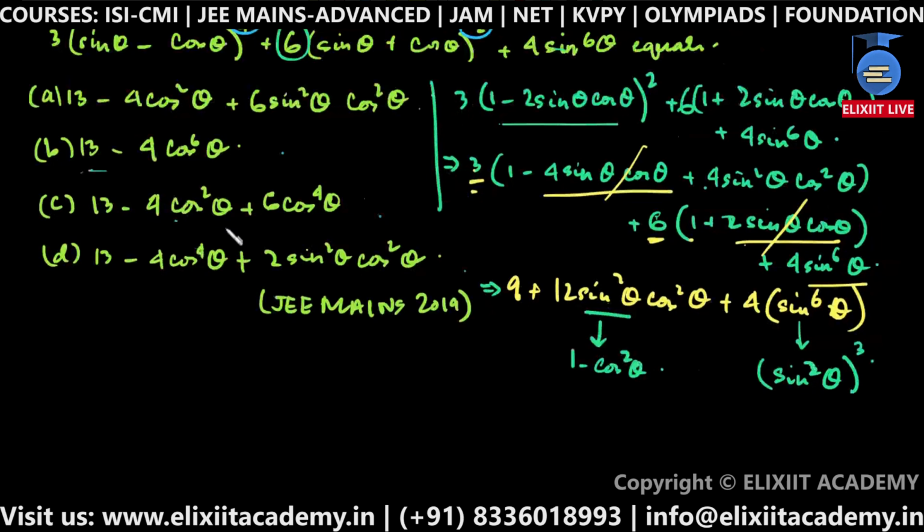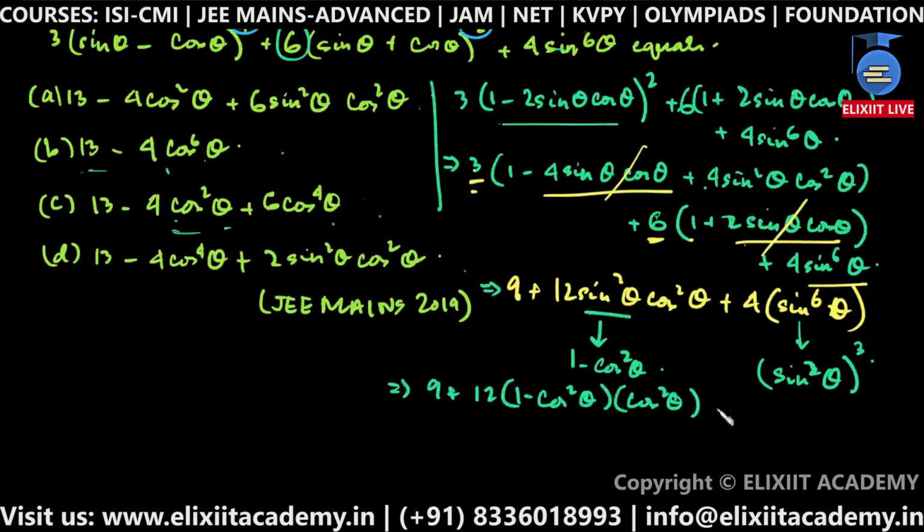There are 2 options where there is only cos theta, only in terms of cos. So it's better to break this into cos square, and then let's see what happens. 1 minus cos square theta is there into cos square theta. So this becomes 9 plus 12 sine square theta into, now not 12 sine square theta, 9 plus 12 into 1 minus cos square theta into cos square theta